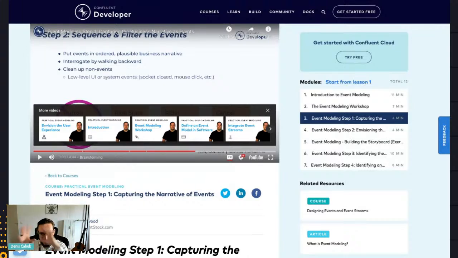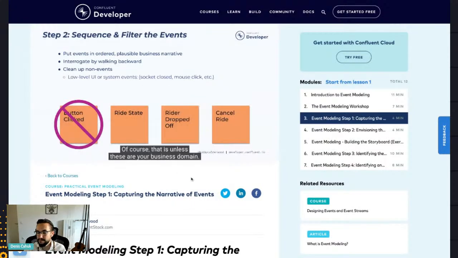They will define, okay, this is everything our domain is, and then clicking buttons and having that UI element refresh there, and then having this automation, that is no longer the domain layer. Right? So this immediate step handles the hardest part of a project. It's like what goes into that box and what doesn't. Outcome. Of course, that is unless these are your business domain.